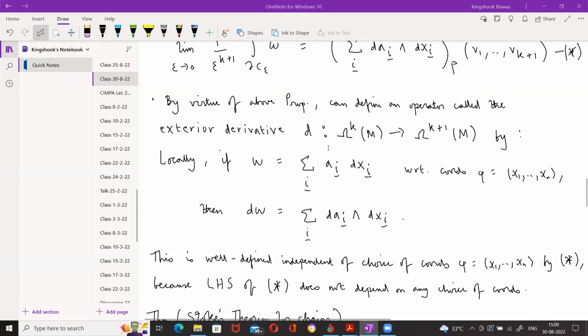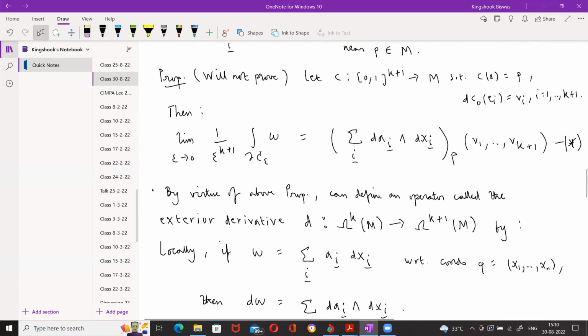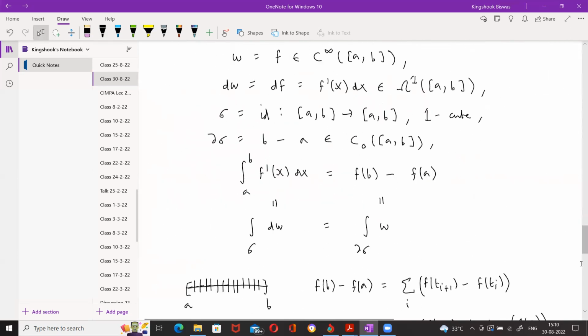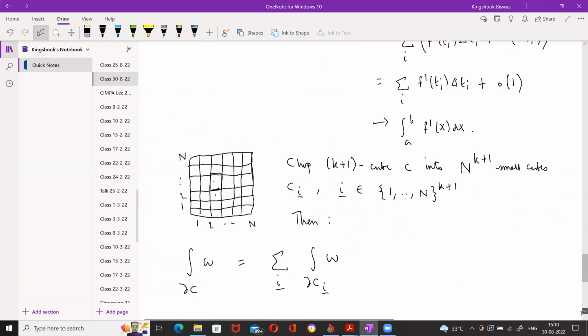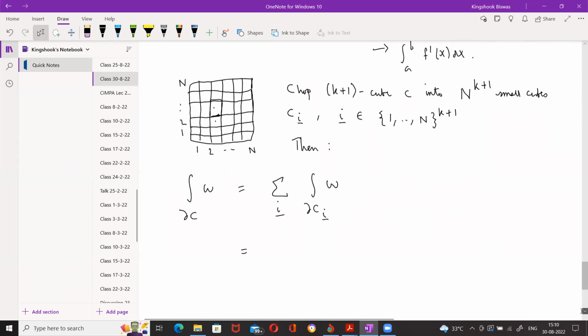What do I know? I know that the integral of omega over the boundary of a small cube divided by epsilon to the k plus 1 looks basically like d omega applied to the vectors tangent to the small cube. In other words, the integral over a small cube will look like epsilon to the k plus 1 times a value of d omega. So what this is going to be is